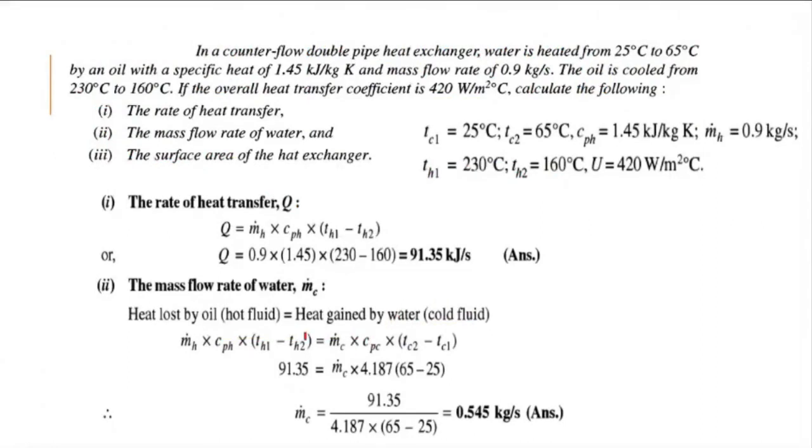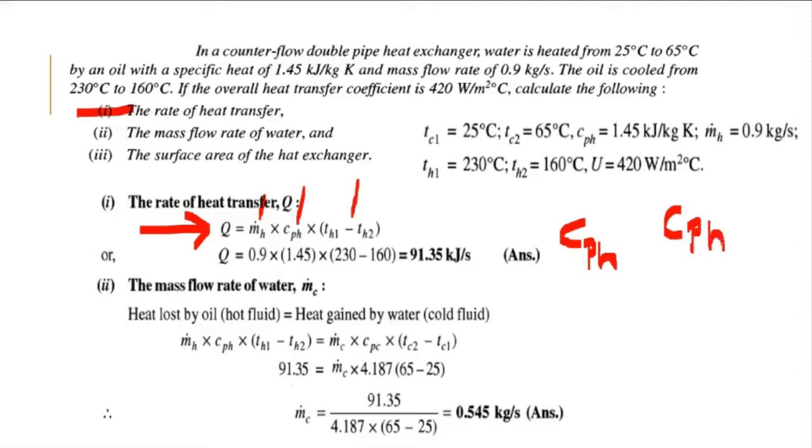Yes, sir. Okay. So first part is find the rate of heat transfer. Rate of heat transfer, we have used the first relation because all the data for the first relation was known. So rate of heat transfer is mH CPH TH1 minus TH2. Note that they are using CPH. So CP means specific heat at constant pressure. CPH means specific heat at constant pressure for the hot fluid. Instead of writing CPH, you could write CH also. This is also fine. In our derivations, we have continuously used the term CH, not CPH.